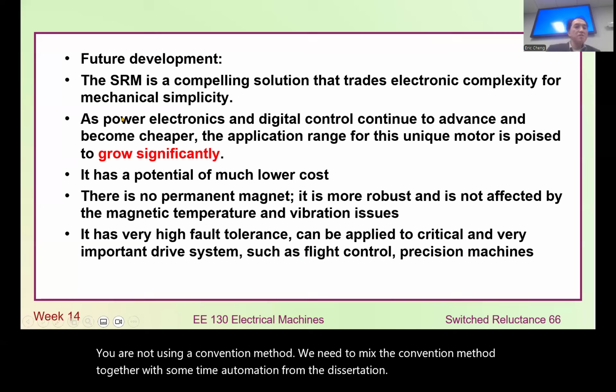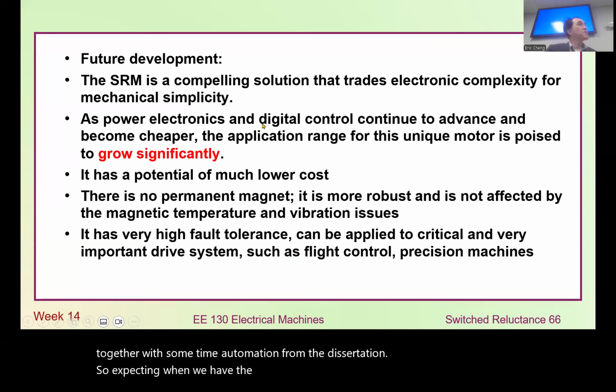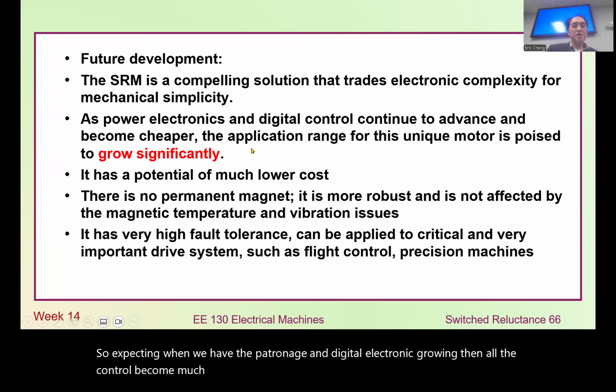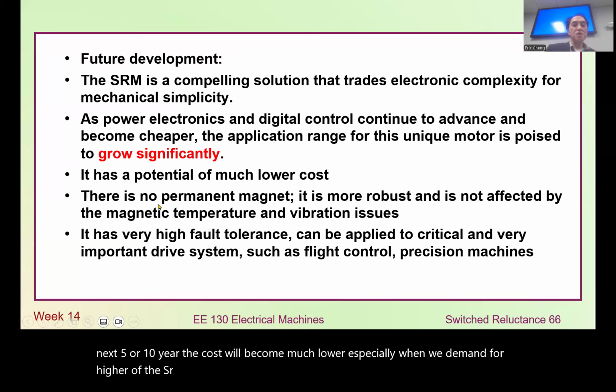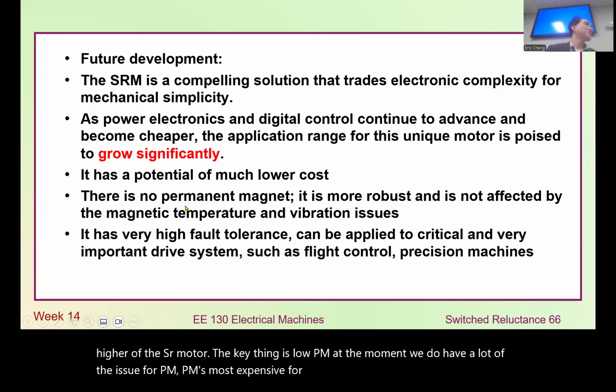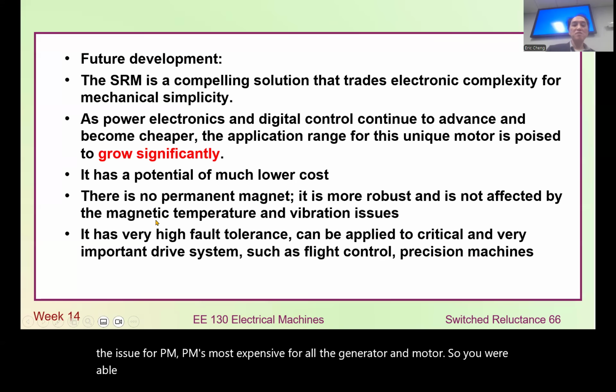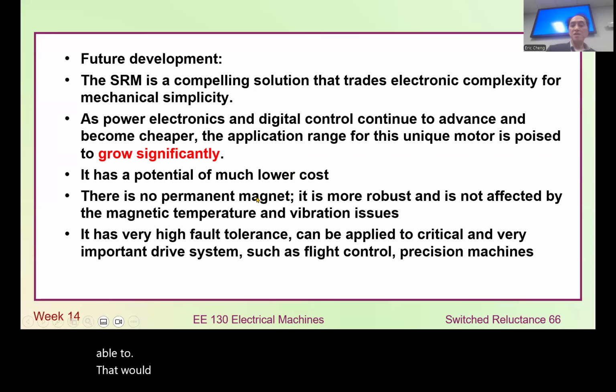So I expect that as power electronics and digital electronics grow, all this control becomes much lower cost. That's why I always think that in the next 5 or 10 years the cost of this motor will become much lower, especially when there is demand for higher volumes of SR motors. The key thing is low PM. At the moment we have a lot of issues with PM, because PM is the most expensive part of all generators and motors. If we're able to eliminate that, that would be great,